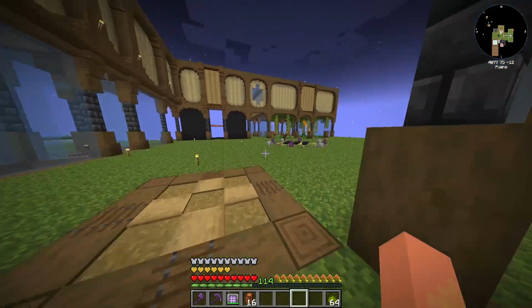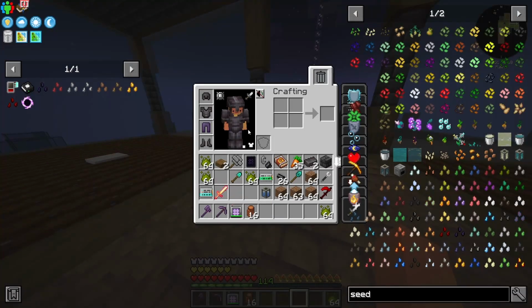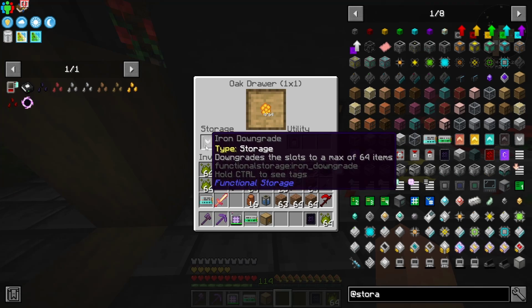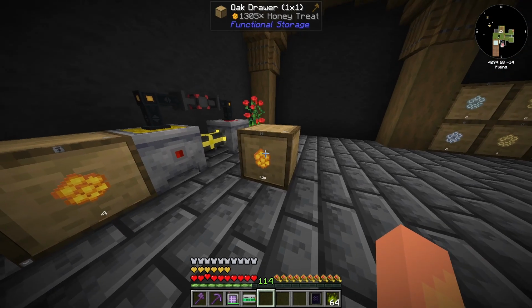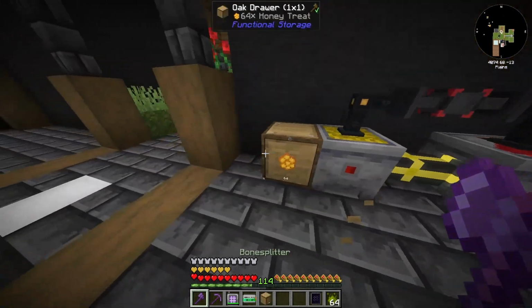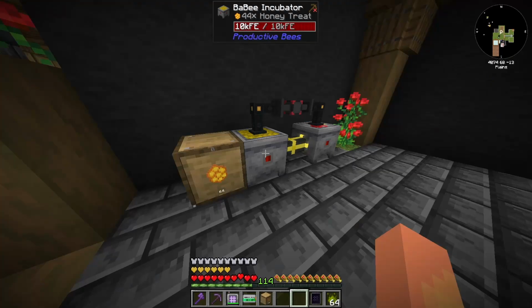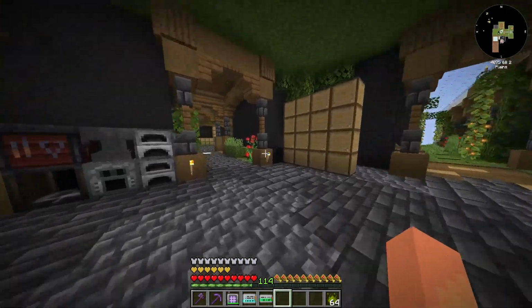Well, I guess I did not realize how much this was going to take prosperity shard wise. I swapped out my drawer for a new one so that I could put an iron downgrade on it to limit these honey treats to only 64. It was taking all of my honey essence, and I kind of need honey essence. So this shouldn't make any more than 64, and then we'll get our honey essence back. Since I guess I have to wait a bit